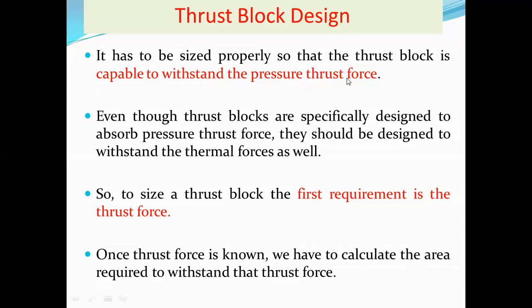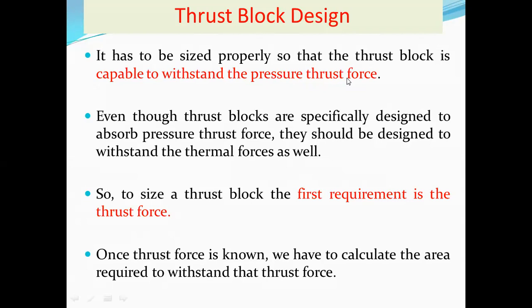In the previous lecture, the day before yesterday's lecture, we studied about the thrust block. We studied about the various types of stresses which come on the pipe. And in that, one stress was the stress at the bend of the pipe. Under that, we studied how to handle or resist that thrust, which comes whenever there is a change in direction of the pipe or at a T junction. Because of that thrust, the pipe may get separated from the joints. To avoid that, we have to provide a thrust block at that point.